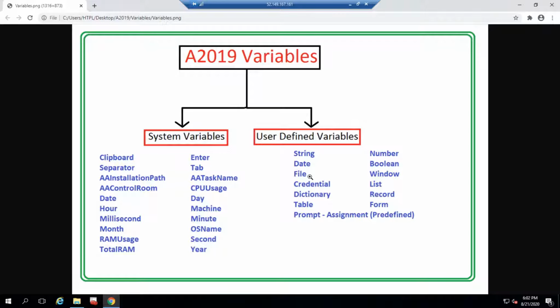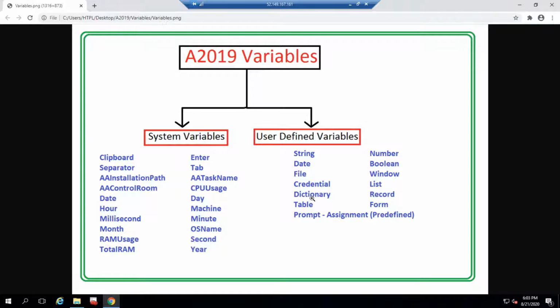To store window titles we can use the window type. The credentials type is normally used to store usernames, passwords, that kind of thing. And the dictionary is key-value pair storage. Most of these you might have seen if you have knowledge of UiPath or somewhere else, but A2019 has incorporated all of them here.